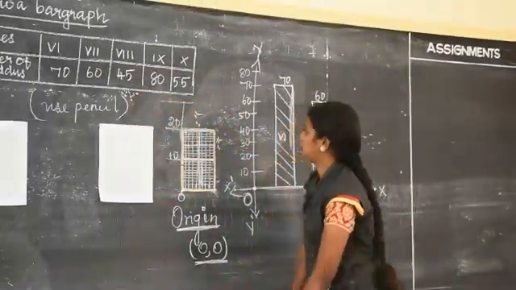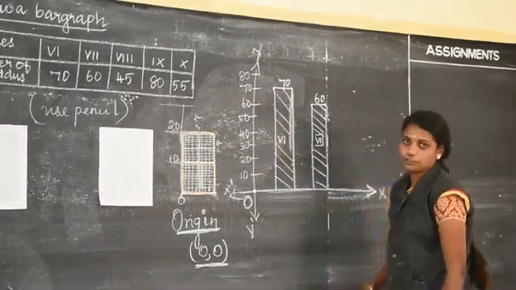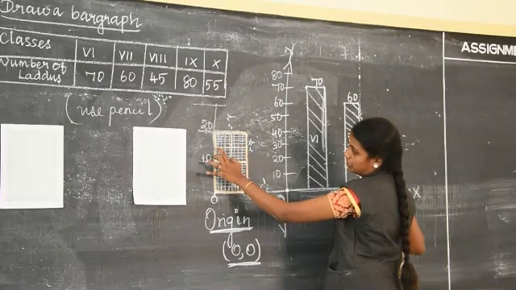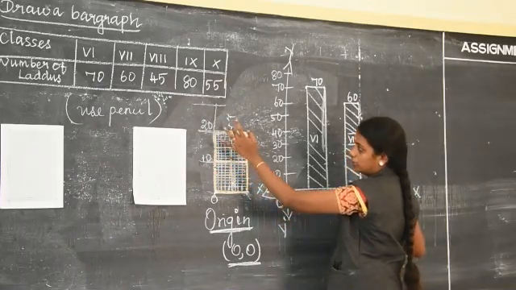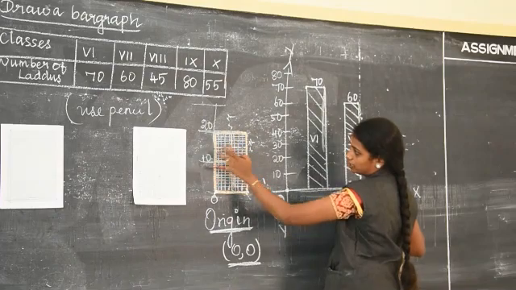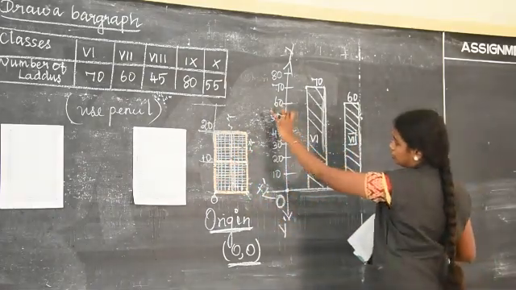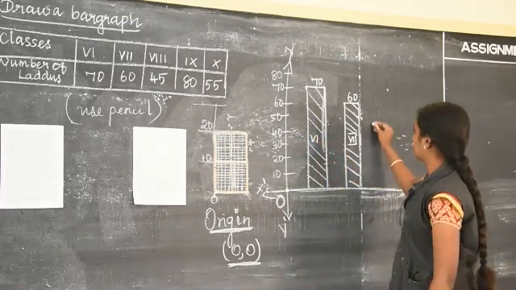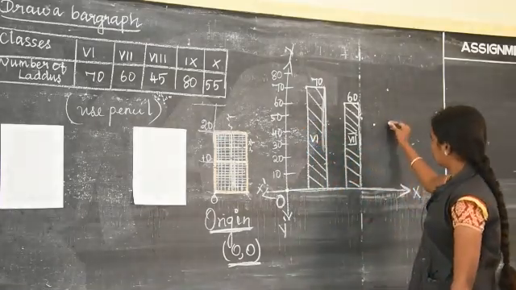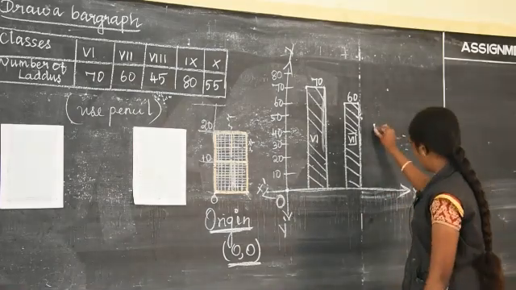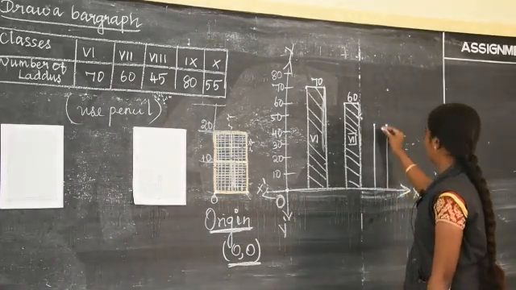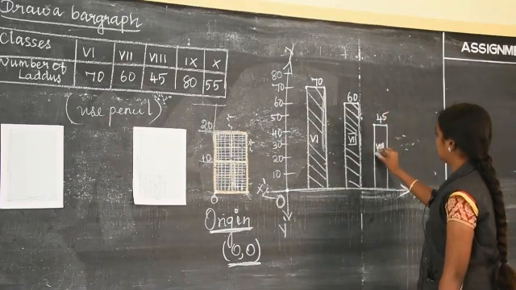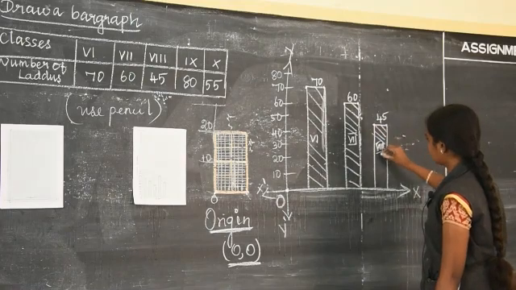Next, the 8th one is 45. It belongs between 40 and 50. I said here, in every one box, there will be a 5th line, a little bit dark. Yes or no? In every one box, a little bit dark on the 5th line. Likewise, you see, between 40 to 50, there will be a dark line. Okay, on the dark line, see, keep the dot. Next box also keep the dot. On the dark line draw. Join it. Right, here 45, class 8, then shade it.